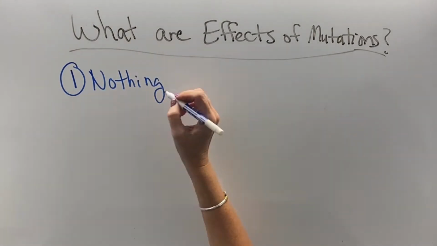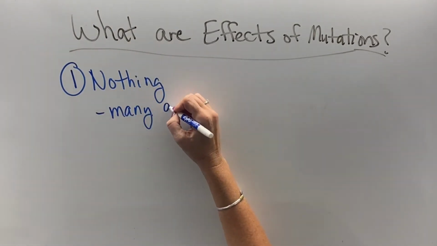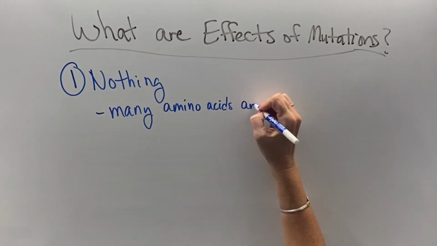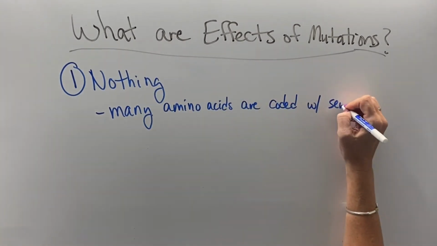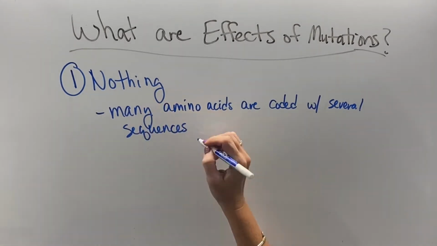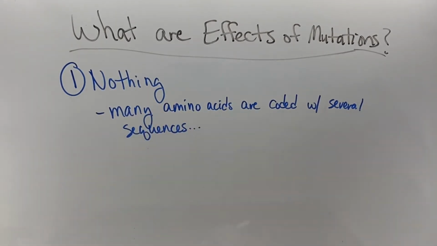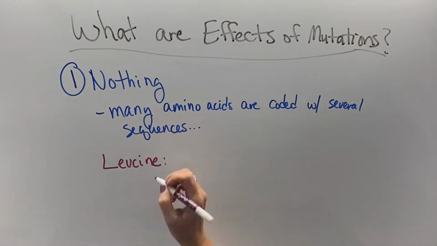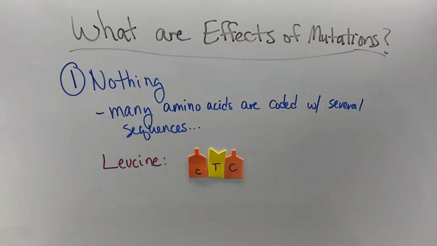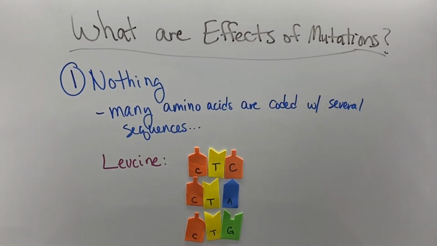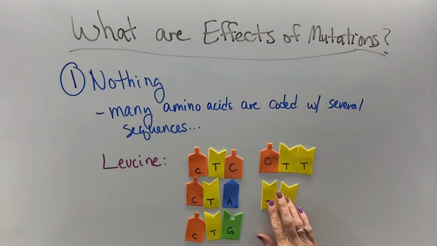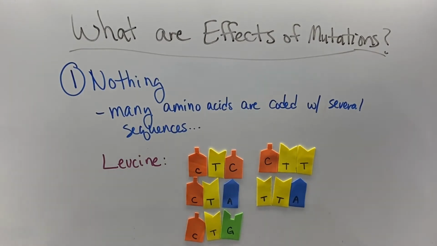Well, the first one is nothing. Part of the thing here is that those amino acids that we talked about that are coded for by those codons, a lot of them are coded for with several different sequences. So for instance, leucine is coded for with 6 different codons. So if there is an error that causes a change, like CT starts leucine, so CTA, G, C, or T will still be leucine. So those types of errors would just cause the same thing to come about, and that's the case with all of the amino acids.